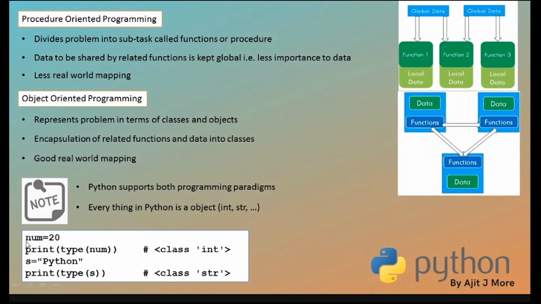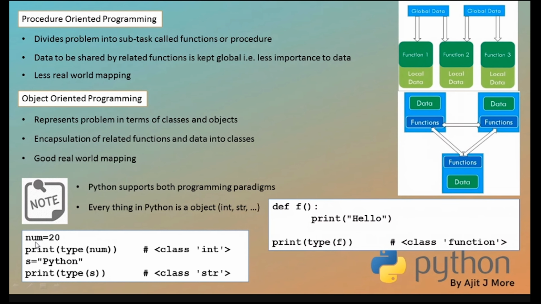And here I showed you also pictorially in Paint. What gets created? An object of integer. In that, what gets stored? 20. And then the reference of that object comes in num. And suppose I create a function also. Def f, and then I try to print the type of f. This is something new which you are observing.